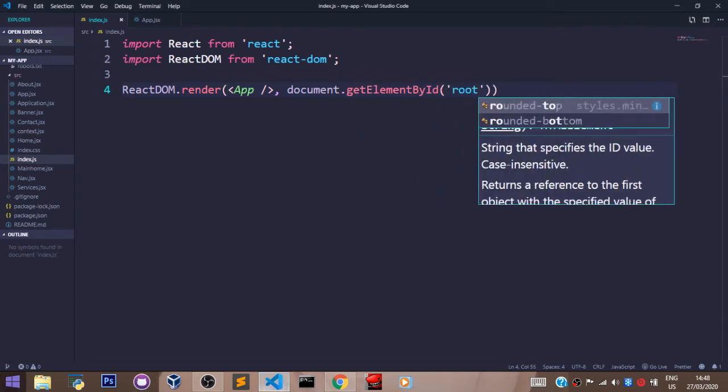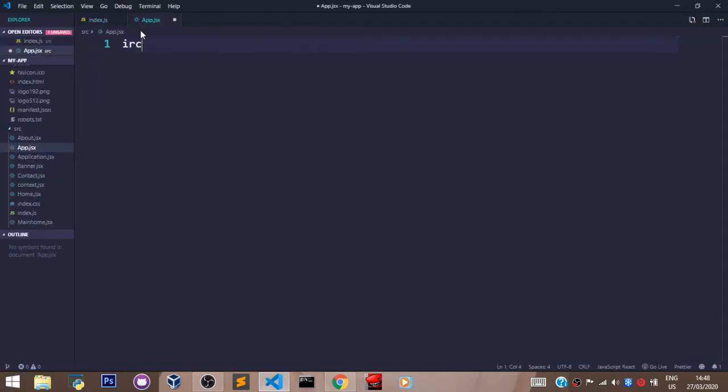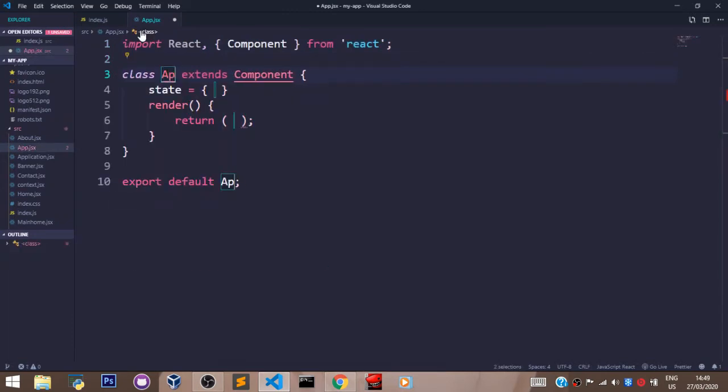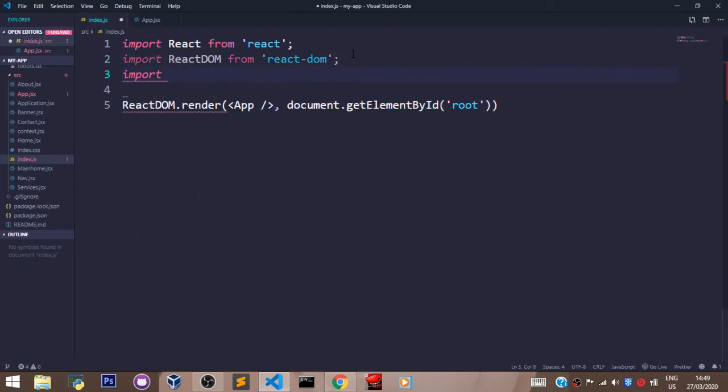Then let's head over to our app.jsx file. Let's import React, Component, and let's say App here. Let's save that. Now let's go back to our index.js file, and let's import App from our app file,